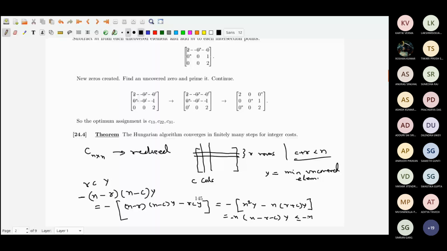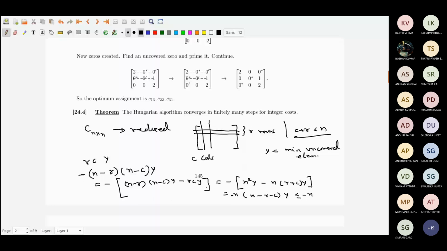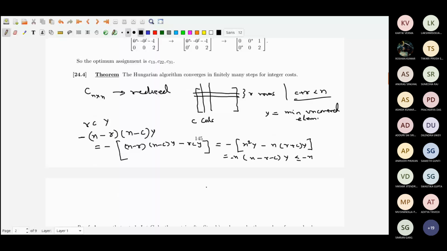Okay, so the change that you have done, that change is at least n. It can be even bigger. Change to what? Now change to the sum of the total elements. So this basically means the sum of summation Cij, minus,